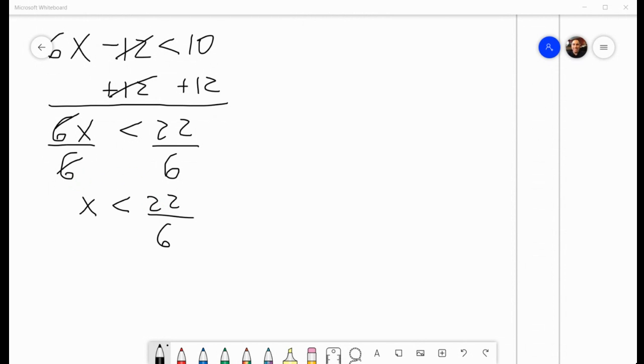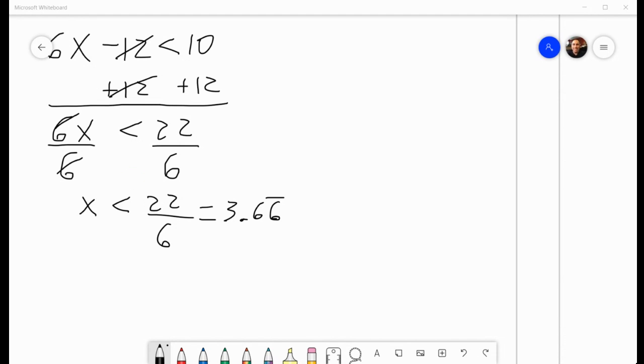Yeah, I was wondering, are we allowed to put it in decimal form? You can if you want. Okay, thank you. Not sure what you would get. I didn't do that, but I can calculate that as well. Well, that'd be like 3.667, I think, if you were to round it,